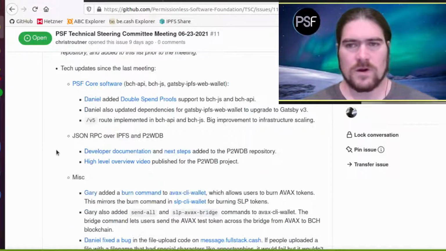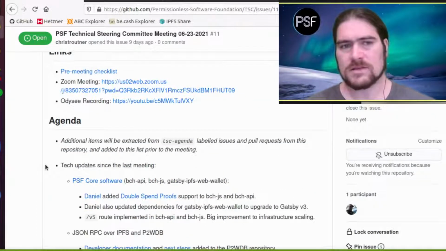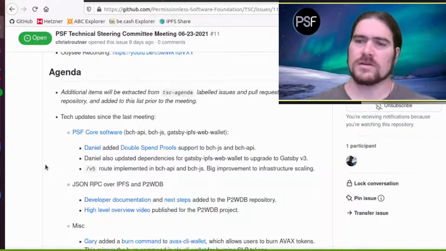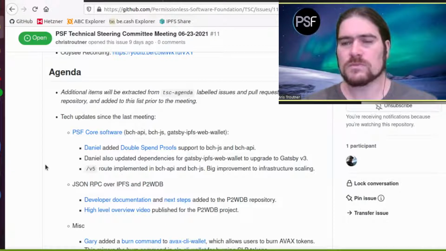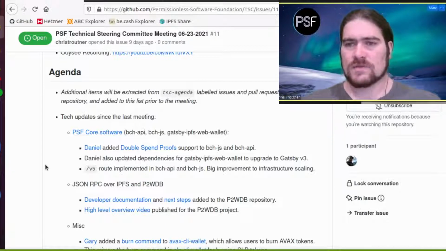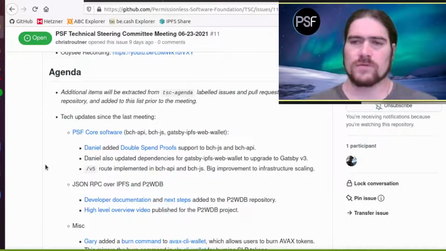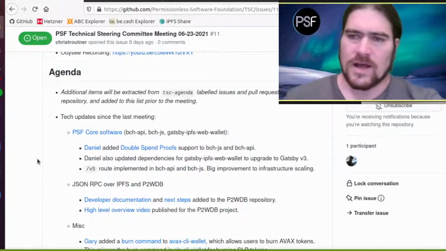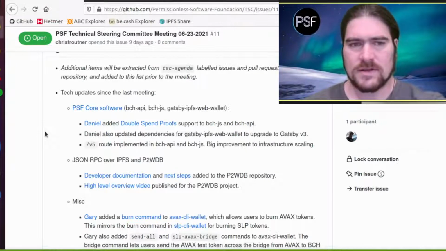And for those who aren't regularly attending these meetings, the purpose of these meetings is really just to celebrate the technical victories that we've had over the last 2 weeks in between meetings. And they just sort of serve as a way to document the progress that we've made over each 2-week period. So I'll go through a lot of these agenda items fairly quickly. Aaron and Stoyan, feel free to interrupt me if you have questions or want more details on something.